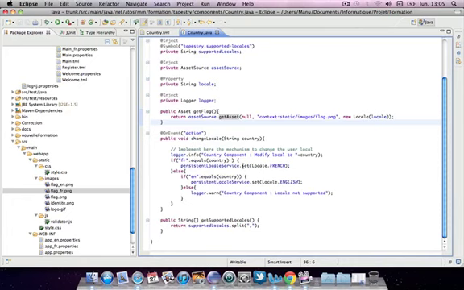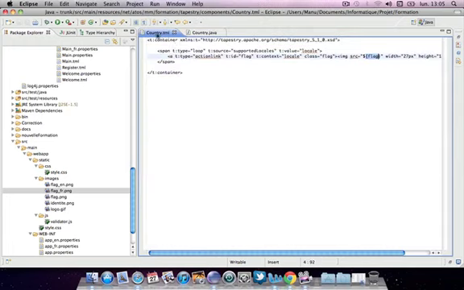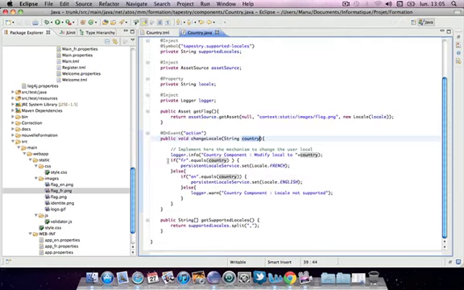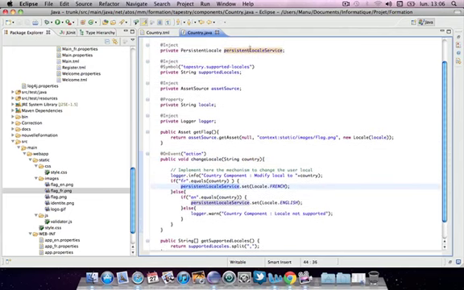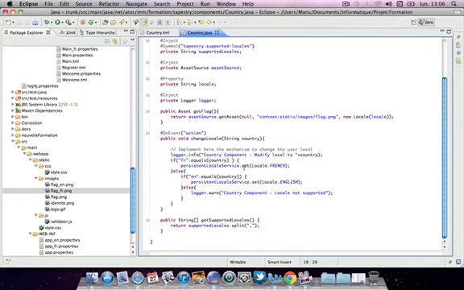Okay, finally we implemented the change locale method, which will be executed when the user clicks on one of our action links. So we have one parameter, because our action link has a context, and in this method we just change the locale by using the persistence locale service. We injected it before, and the set method takes the desired locale.